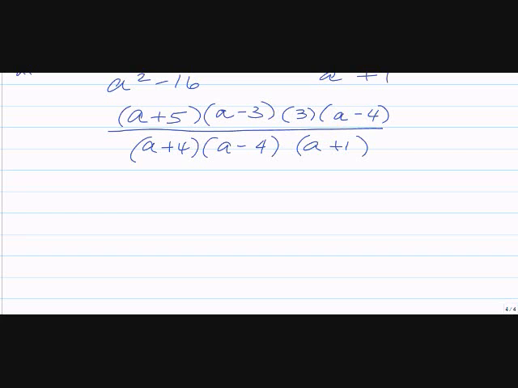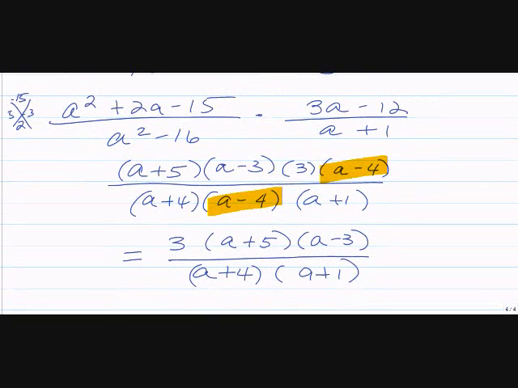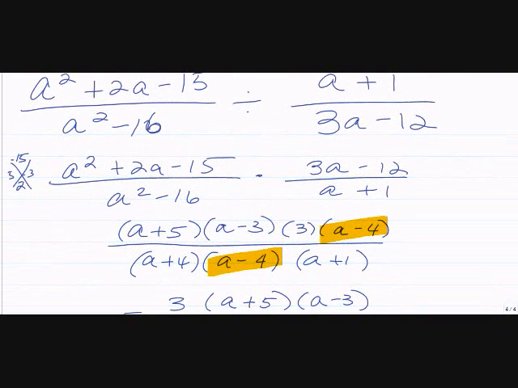So now, common factors, a minus 4. Anything else? Nope. Don't see any other common factors. So I will rewrite this. My answer will be 3 times a plus 5. I like to put the constant out to the left. Times a minus 3. All of that over a plus 4 times a plus 1. Now we got to figure out our restriction. Our restriction is going to be any possible denominator that we have in this problem. So when we started off, we had a division problem, and we had a squared